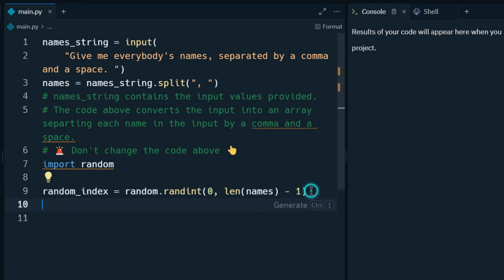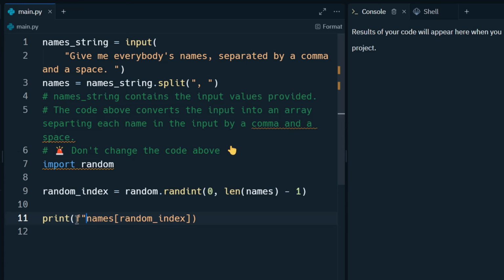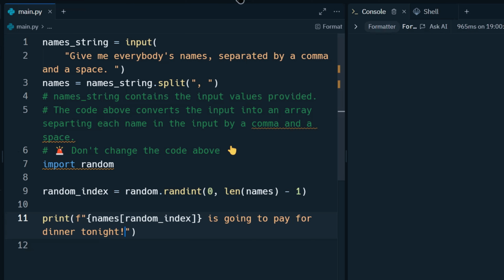Now finally what we are going to do is print out names of random index, and we can also leave the user a message using f strings, and we will put this inside curly brackets. We will say the name is going to pay for dinner tonight. Now if we run our code